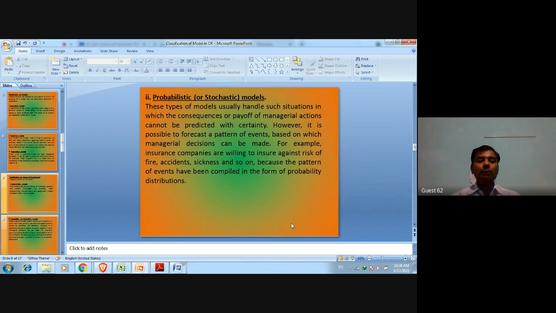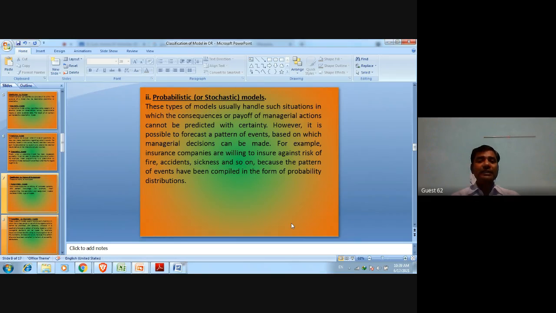So insurance companies calculate the probability distribution. When they give you insurance, they also distribute the probability according to the depreciation of your vehicle. If you are taking insurance for a new vehicle, the amount will differ from the amount you take after 5 years for your vehicle, because they also calculate the depreciation of your vehicle.